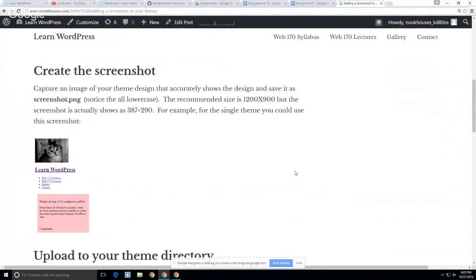And there are recommendations from the WordPress Codex as to what the dimensions of the screenshot would be. So you can use a tool such as a snipping tool to capture it, and then you save it as a PNG. Our recommended size is 1200 by 900. The actual size it shows is 387 by 290. So as long as I save it as a snipping tool PNG file, it seems to work fine. I haven't actually measured the dimensions, but